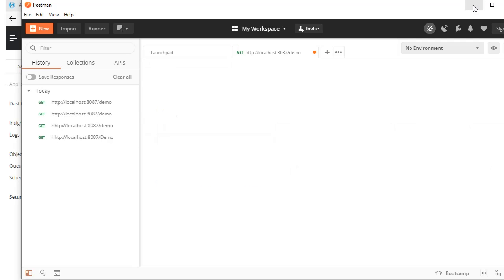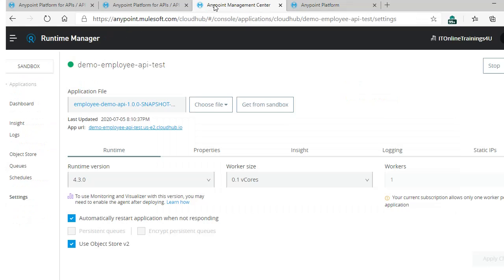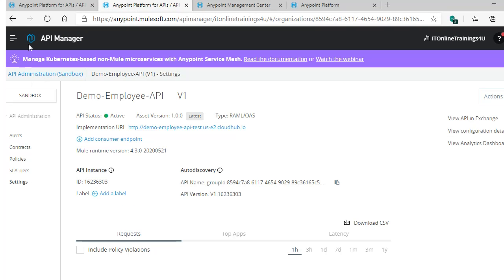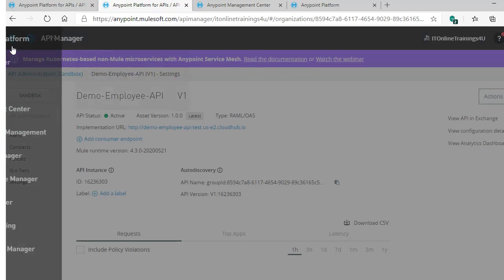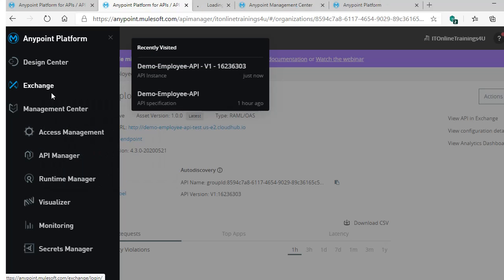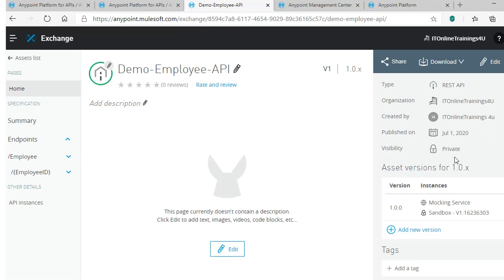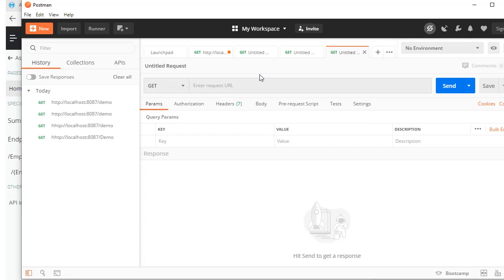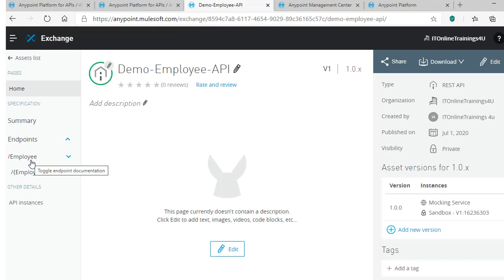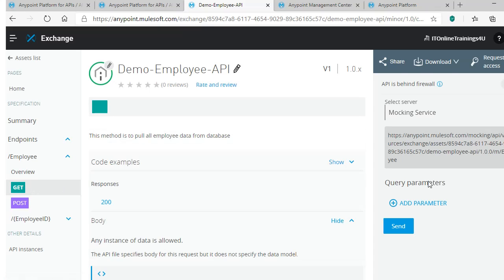Click on new tab, and before that you can just check what are the endpoints you have configured in your RAML. If you can remember, in our part 1 video we have tested our application by using Exchange, even though the implementation was not ready, right? So now implementation is ready, so we can directly test our application. To do that actually I came here in Exchange to copy this URL. From here you can copy your URL. It is a slash employee resource of get, right? Our resource is slash employee and our method is get to pull all the employee details.